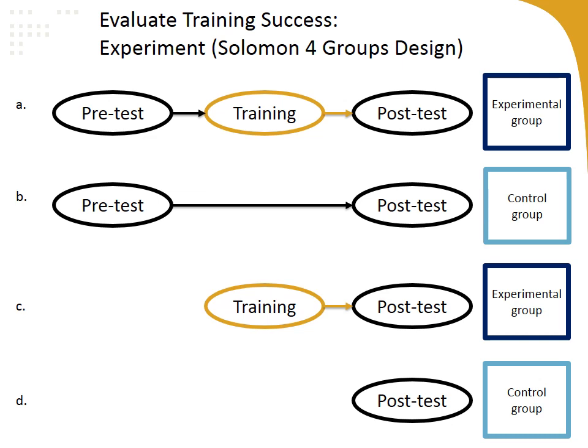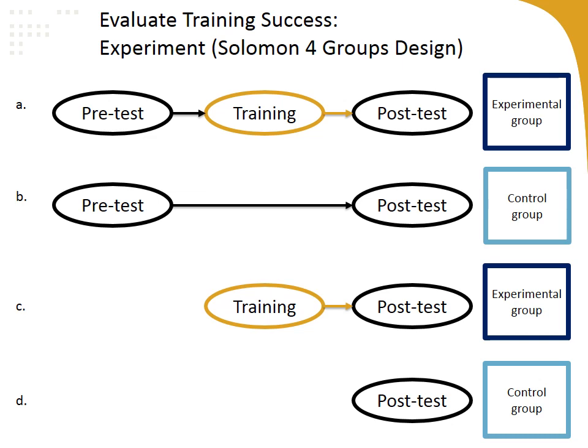Now, it's also critical to test the effectiveness of the training before full-scale implementation to avoid any kind of EEO liability. So if you're implementing training company-wide that threatens to disadvantage any protected class members, you need to be able to prove that that training is actually critical to performance.